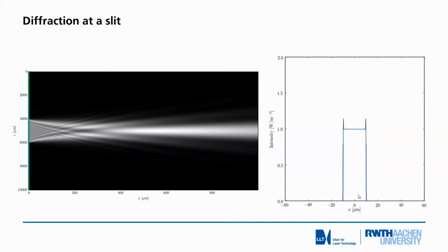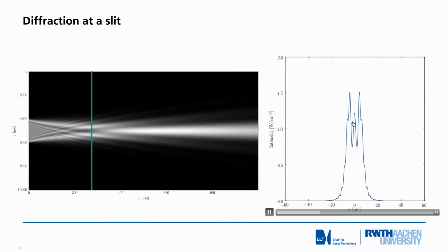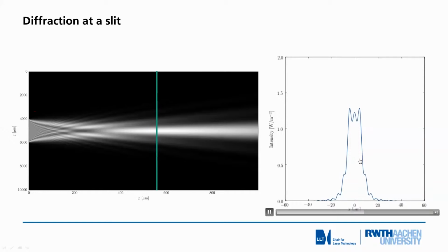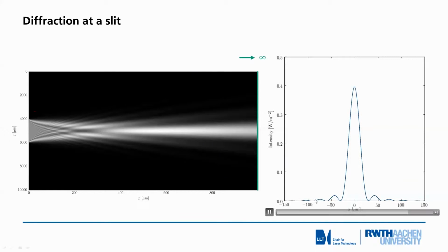In the right-hand picture you can see the corresponding cross-section through this interference pattern according to the position in distance from the aperture. So if we start this movie, you see now in the beginning we have very many interference maxima and minima. Further down this number reduces, and ultimately, approaching large distances, we get a more simplified distribution with a peak in the center, and in the limit of infinity you will see a very